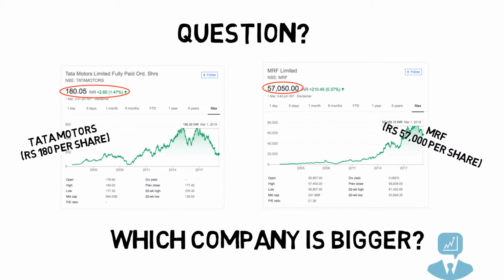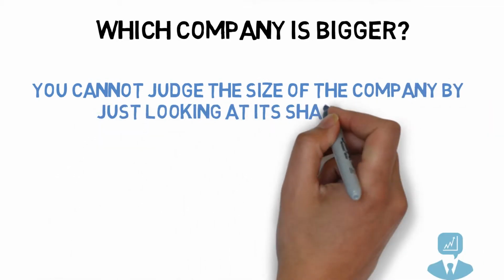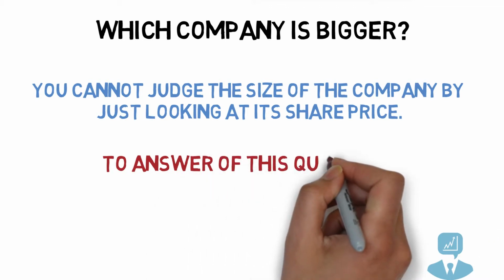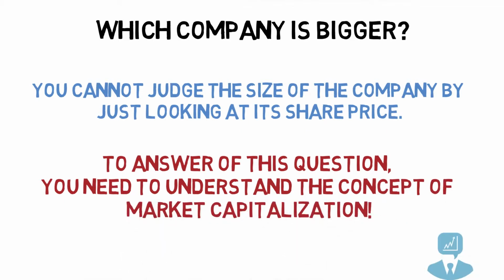If you think that MRF is a bigger company compared to Tata Motors as its share price is too big, then you need to watch this video till the very end. You cannot judge the size of a company just by looking at its share price. To understand the answer of this question, that is which company is bigger, you need to understand the concept of market capitalization. So be with me for the next 5 to 6 minutes to learn everything about market capitalization in